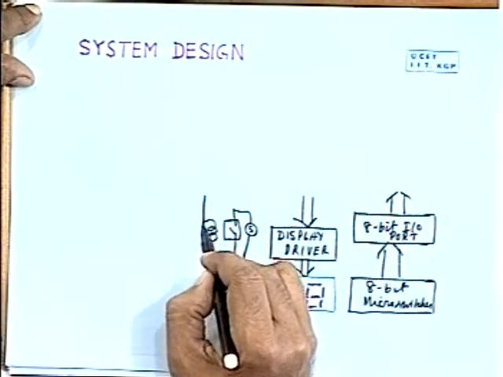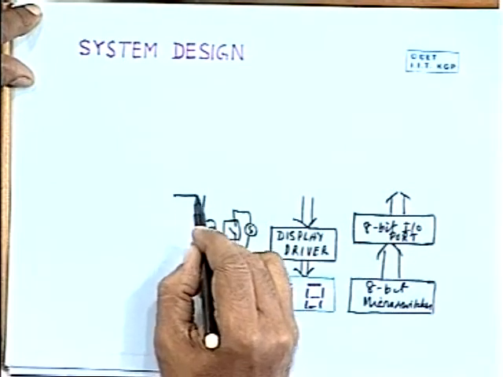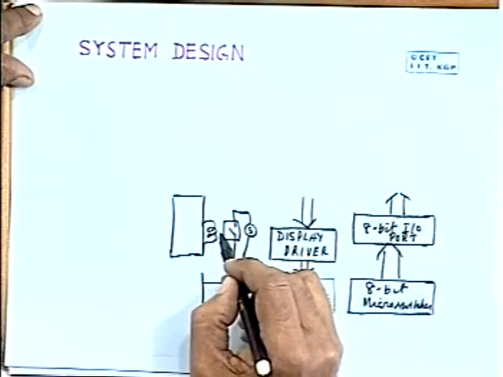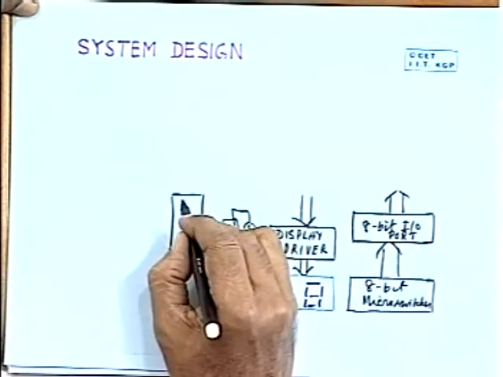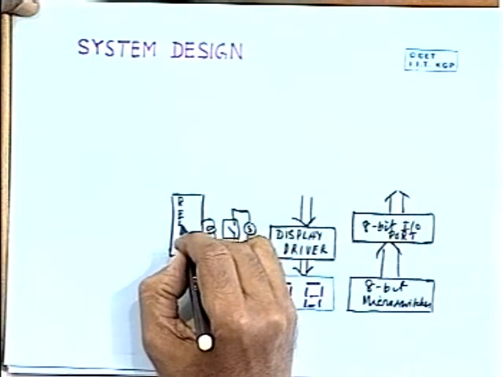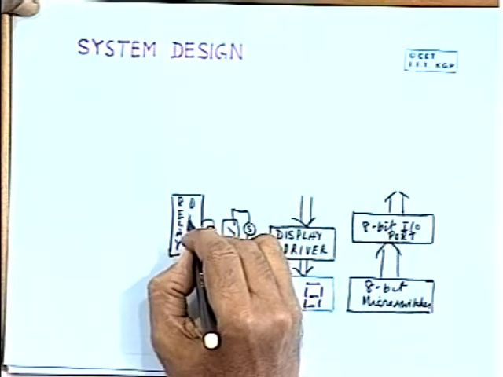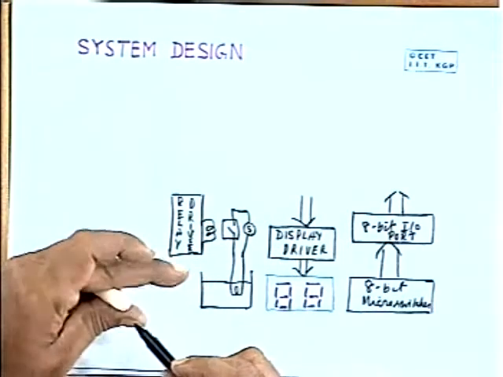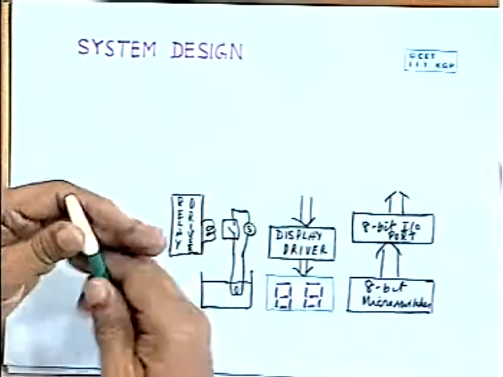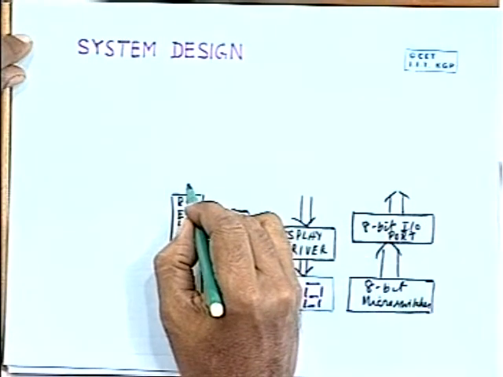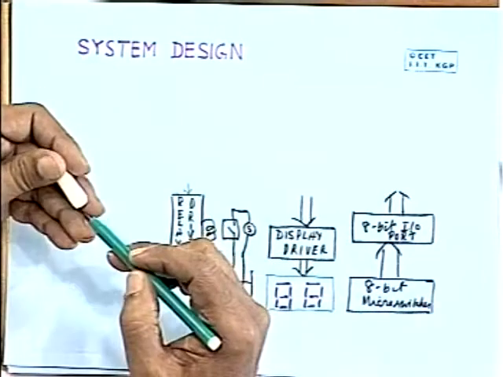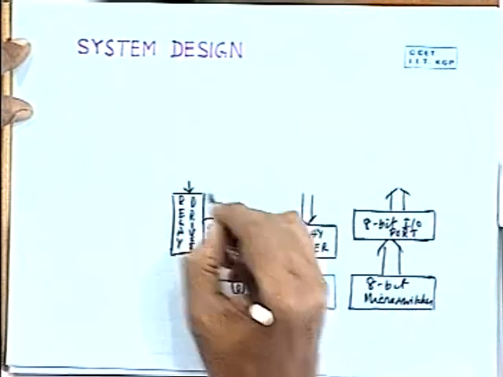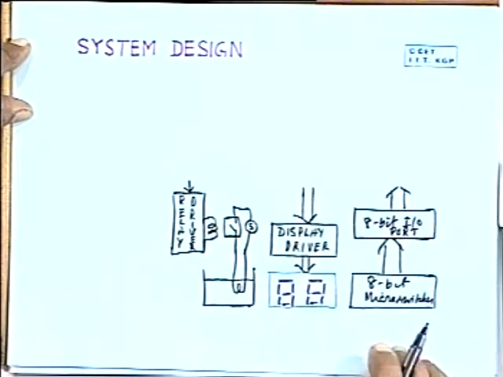So this relay can be controlled with the help of some driver. So you have to use some driver circuit to make this relay on and off. So that will require a relay driver. So you will use a relay driver to make this relay on and off. And this relay driver circuit can be controlled by a single input coming from the port line. So you will require one port line to control the relay on and off. Just one port line is sufficient.